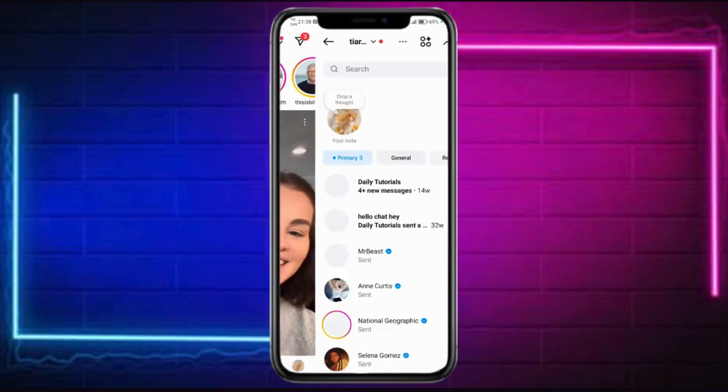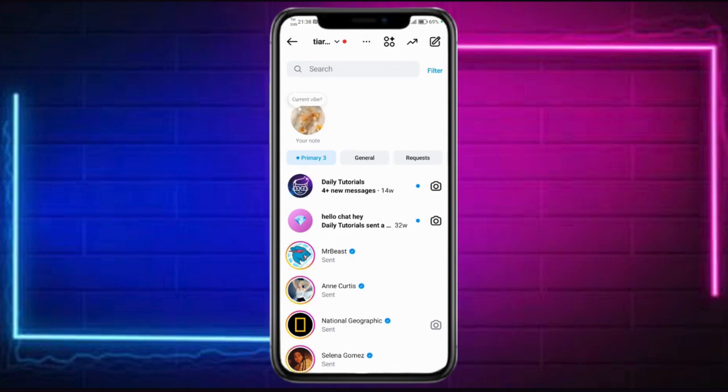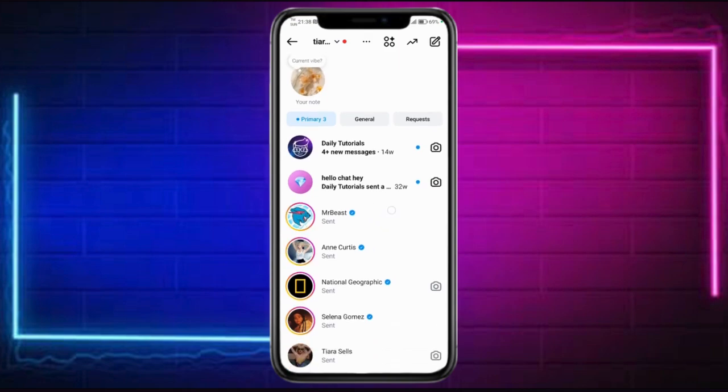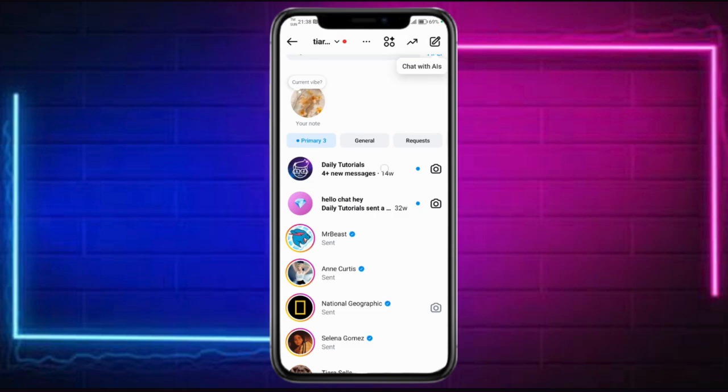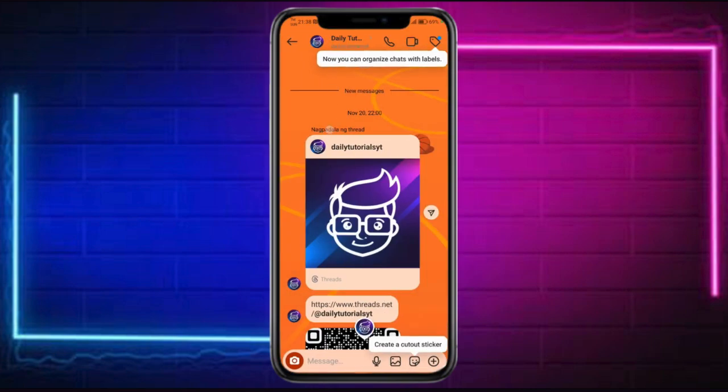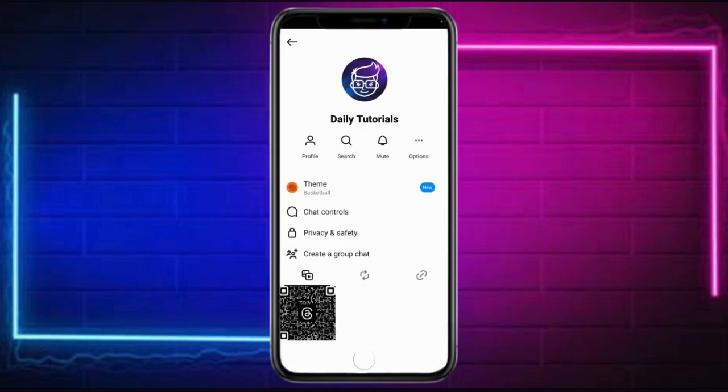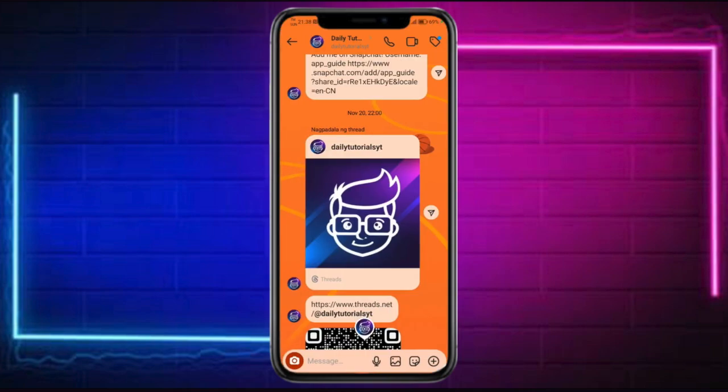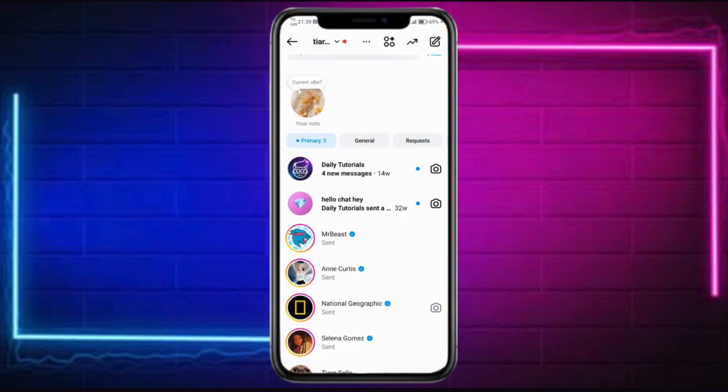So for this one, let's head over right here to our messenger and then look in here for the account that you want to check the active status. So for example, we have in here this account. You can click onto their name right here and you should be able to see in here this last seen option. If you don't see it, that means that they actually hide their active status and there's no way to